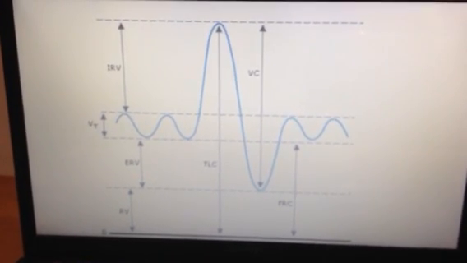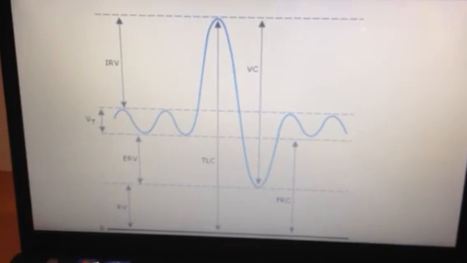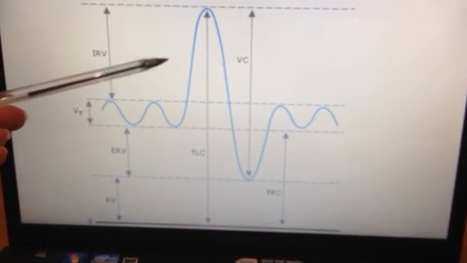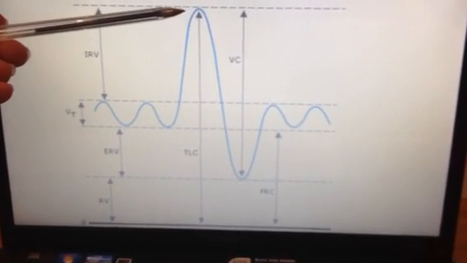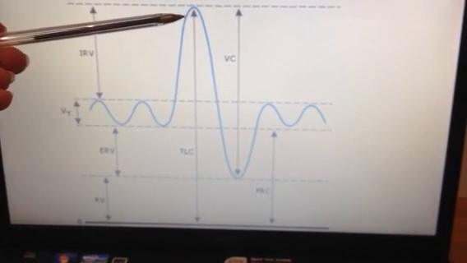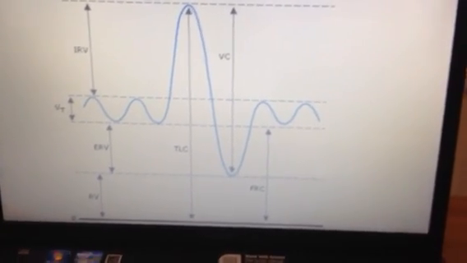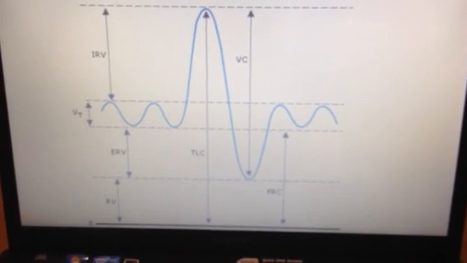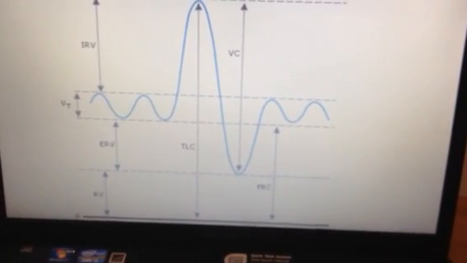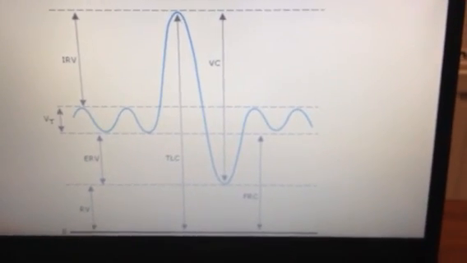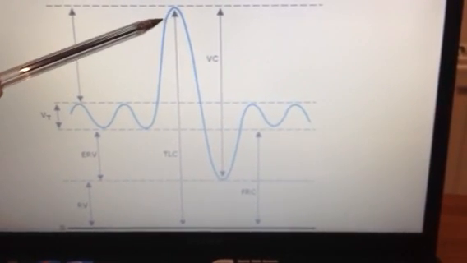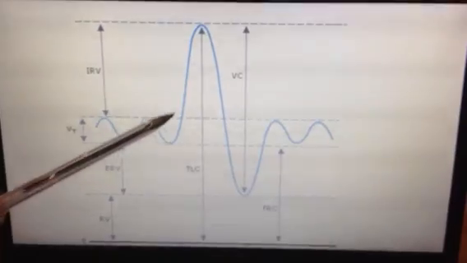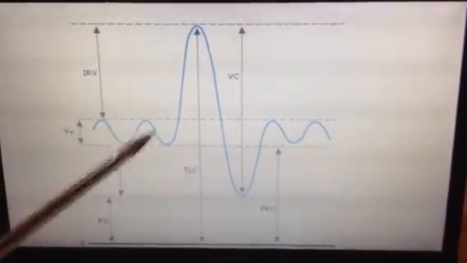This one is a lung volume trace, and we can tell that because the reserve volume at the top here is inspiratory. So the only time that the volume will increase is when your lungs are inspiring. So this must be a trace from a lung volume. So just watch out for that. Always look on the y-axis, whether it's the lung volume trace or whether it's the spirometer volume trace. If it's a spirometer volume trace, then you expect the upward stroke, which is this bit, to be expiratory reserve volume, and this is expiration. And in a lung volume trace, this, as shown here, is inspiratory reserve volume, and